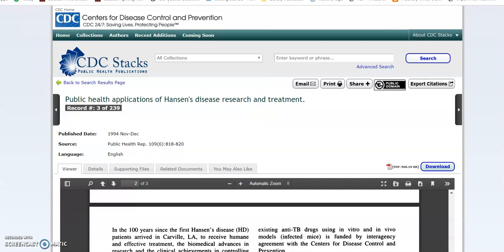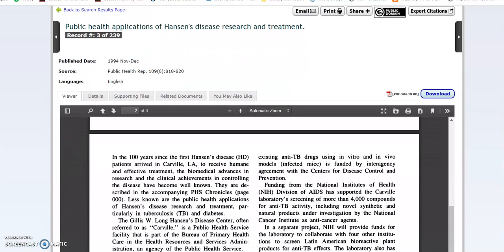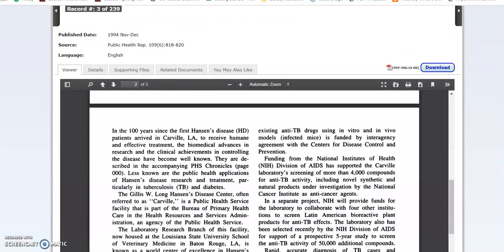So it does have some tools that you can use here, such as emailing it to yourself, but you're going to have to create your own citation format. There isn't a citation here that you can just copy and paste. This export citation is a kind of a funny format. So it's the situation where you're going to need to look at the article title. This is the journal title here, and volume and page numbers. This is the date. And then if you scroll down,